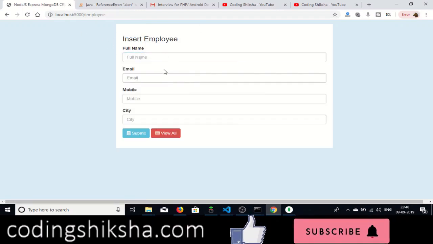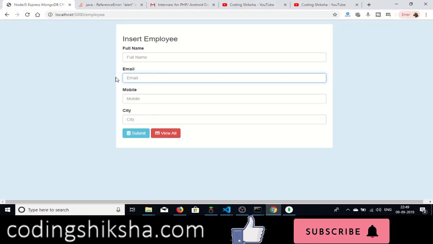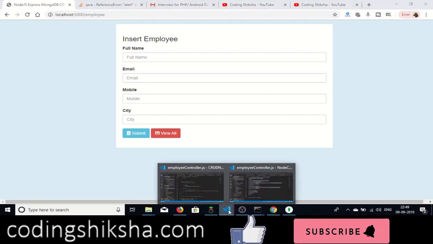So now we will be adding some more validation rules on these two fields, that is full name and email, so that the user must enter a valid email address and the full name. So let's start implementing this. Now we will be handling the validation for the full name field and the email field, such that we want the user to enter a valid email address and also enter a valid full name. So for that, just go to your